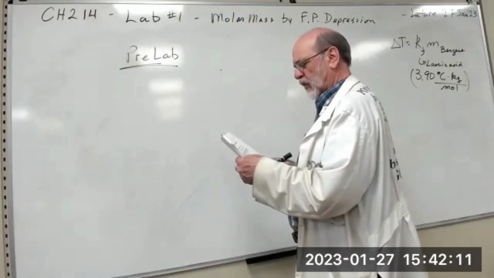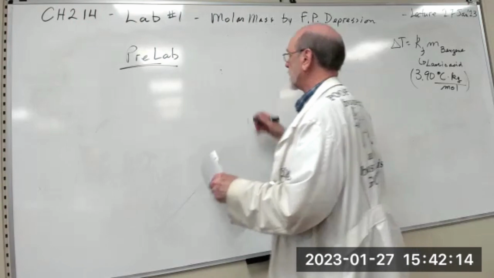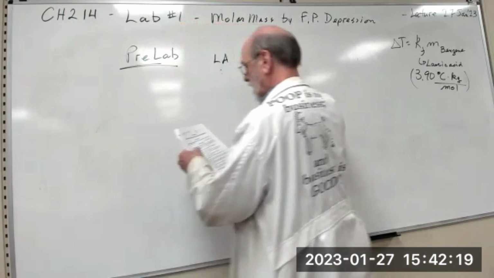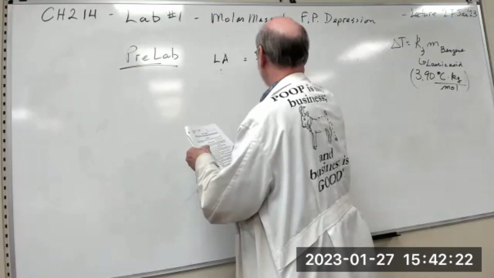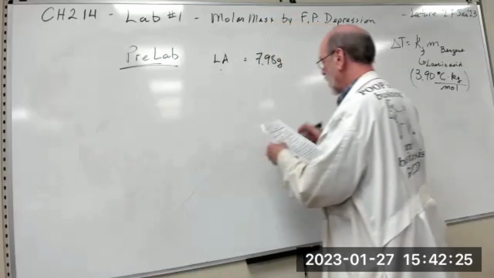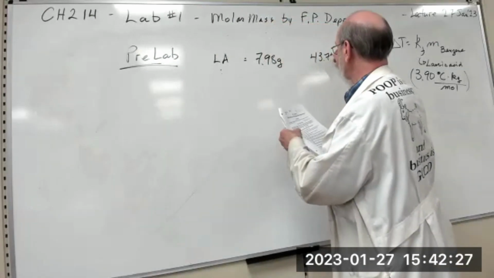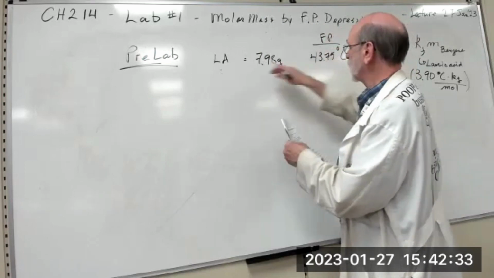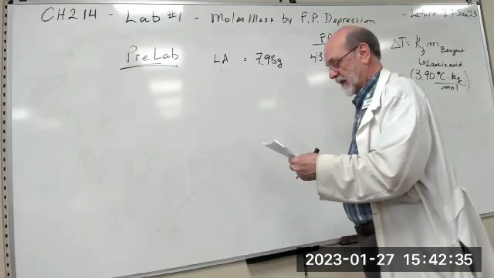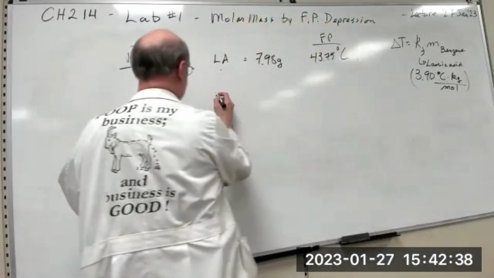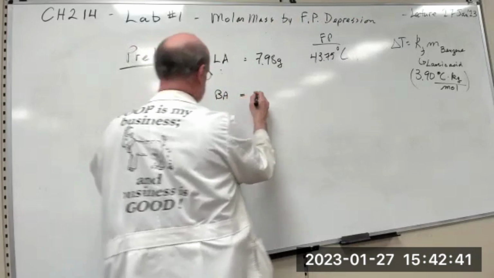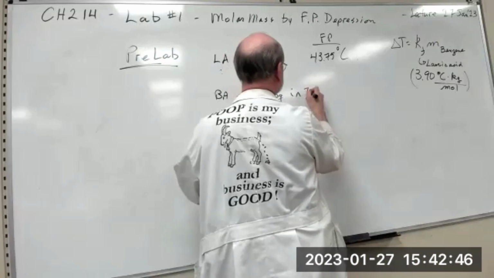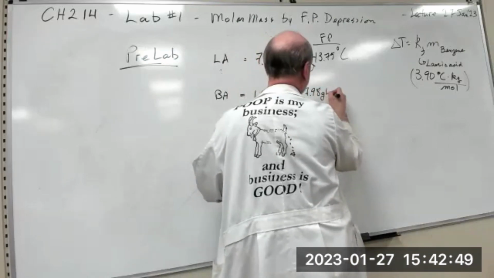So a student found 7.98 grams of lauric acid, which is the solvent, and it froze at 43.75 degrees C. So that's the freezing point of the pure solvent. When 1.03 grams of benzoic acid is added to 7.98 grams of lauric acid,